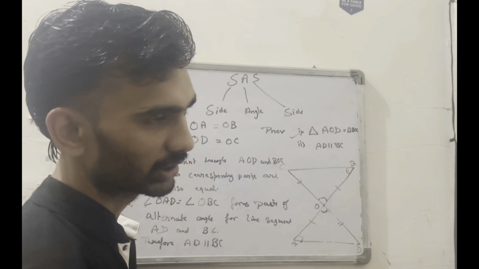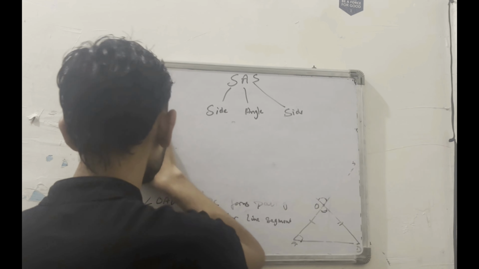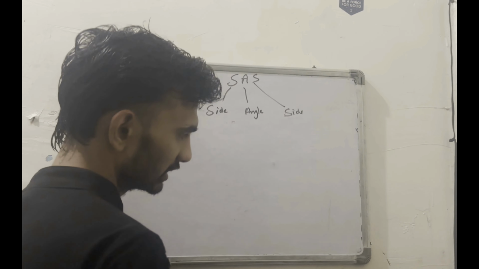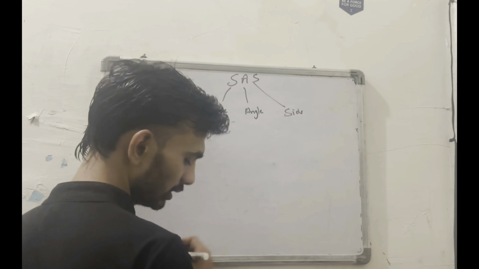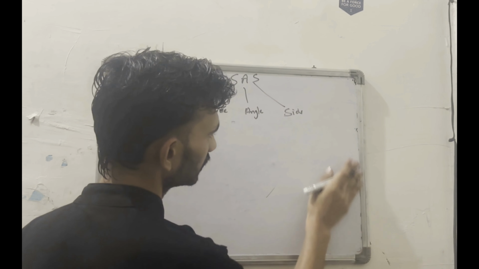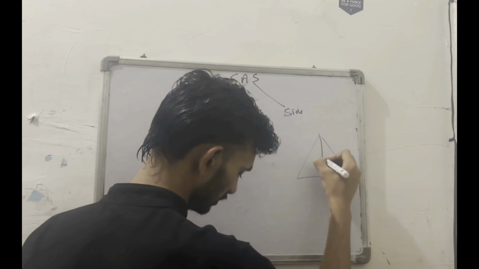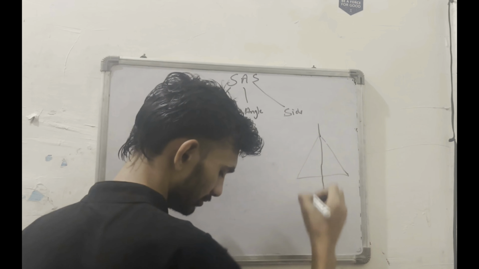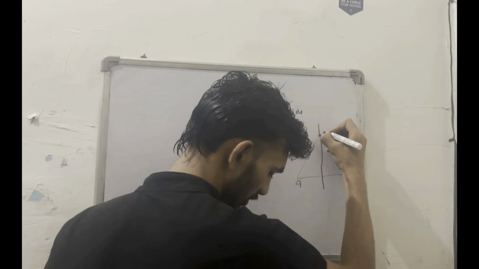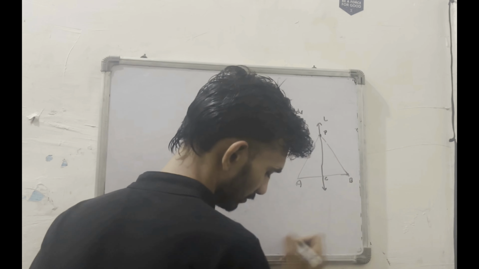Now we are moving towards our example number 2. Example number 2 is also based on that one property. So let's take a look at that one. There is a triangle that is bisected by a line, and the labeling is like that: A, B, that point is P, that one is L, and that point is C.